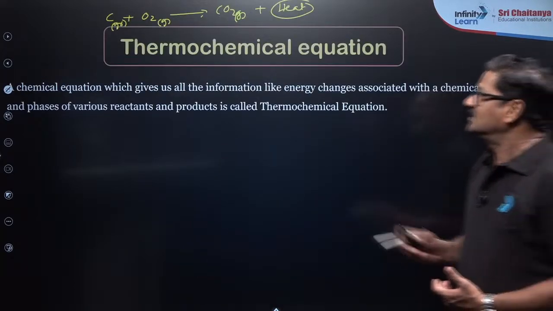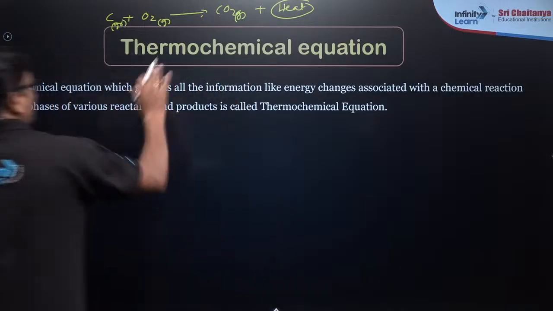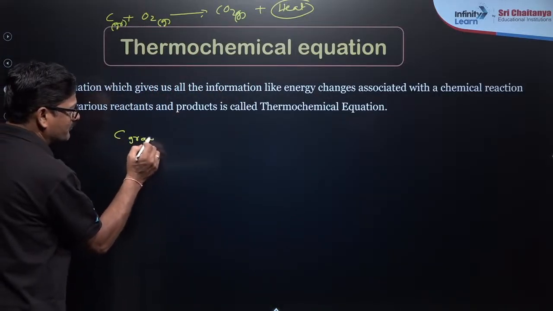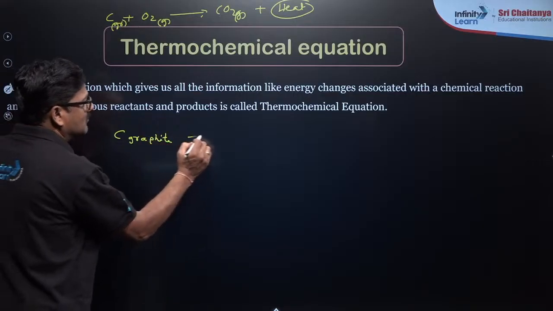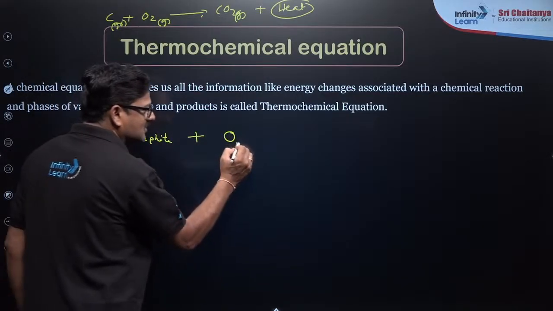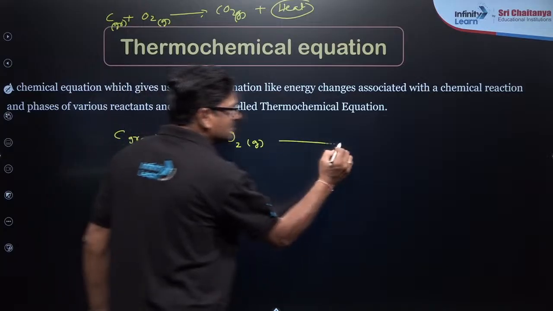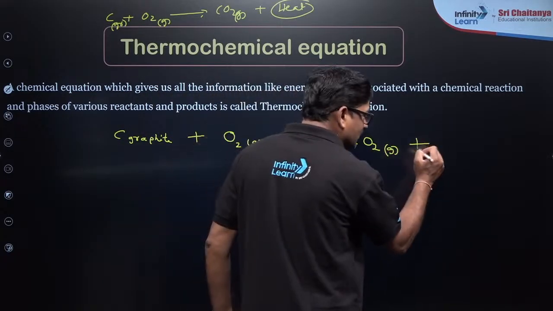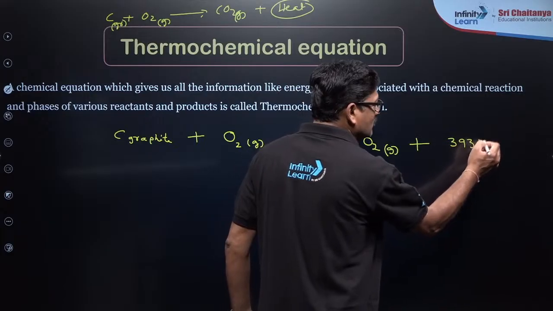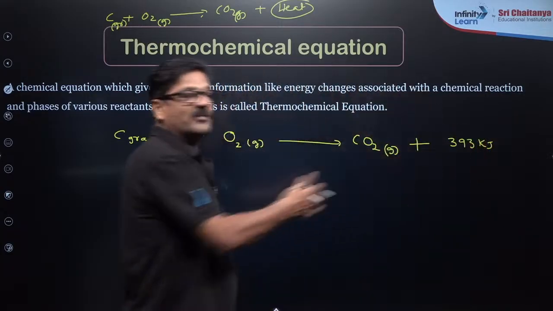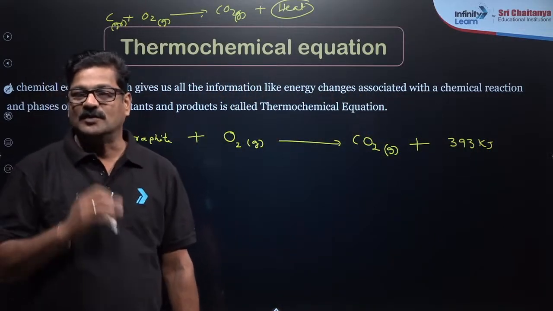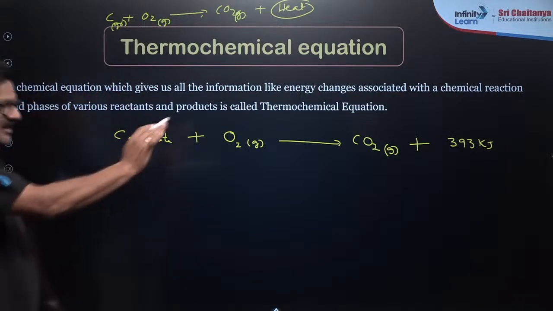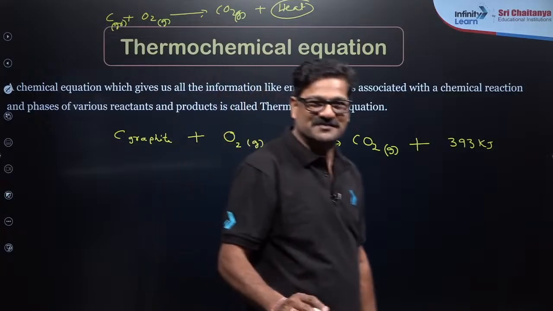And you can say this can be written like this: 393 kilojoules of heat is released. Carbon, which is in the graphite form, is combined with oxygen in combustion, which is in the gaseous state, gives rise to carbon dioxide, which is in the gaseous state. Along with that, 393 kilojoules of heat is formed as one of the products. So those students who are in 11th standard, you understand this. Let it be some value. I remember that value. As a teacher, I am giving you this value.